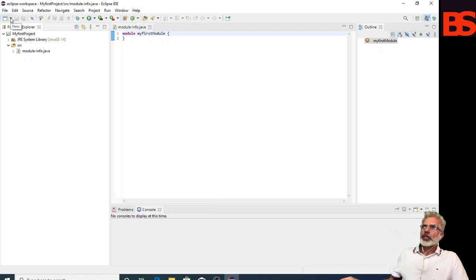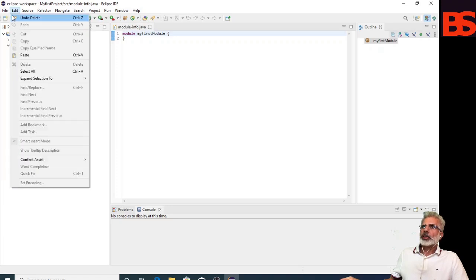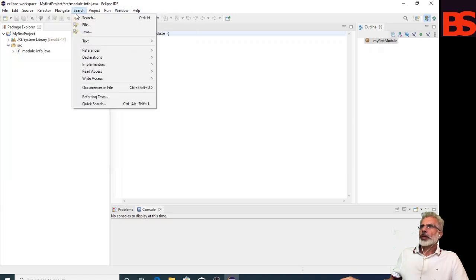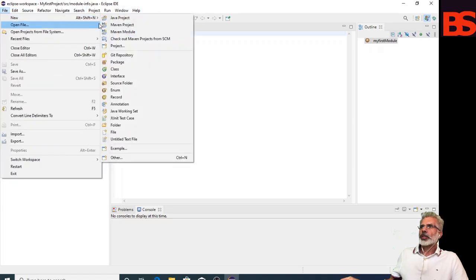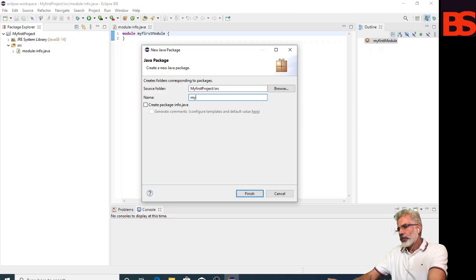Otherwise you can click File, then New, then Package. There are four ways you can create a package, and this is the new package wizard. Give the name to your package, my pack.